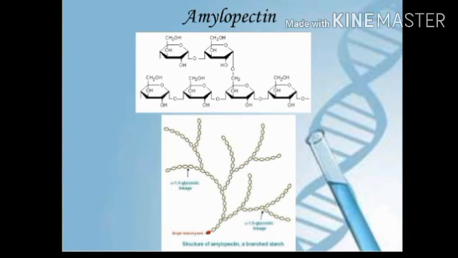Amylopectin. Here a straight chain of glucose units is joined with 1,4 linkages, but sideways, carbon number 5 of one of the sugars of the straight chain is joined with the side chain of another glucose chain. This linkage is a 1,5 linkage, and this is the branched molecule of starch called amylopectin. Both bonds are glycosidic bonds.